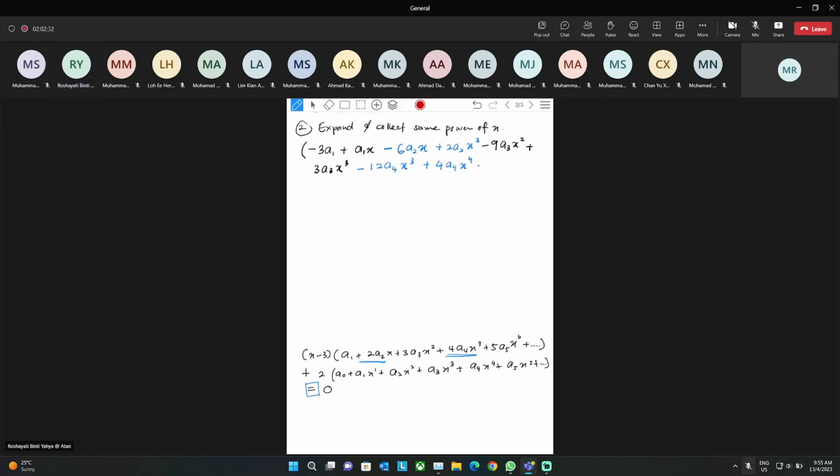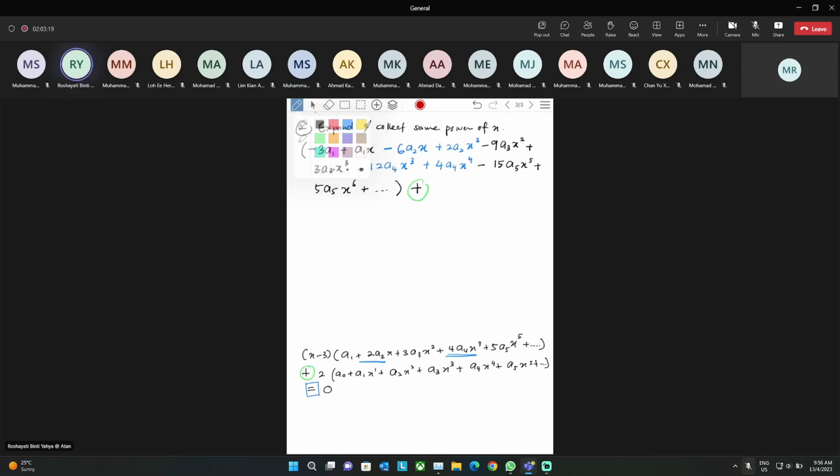So minus 5 A5 with this, so negative 15 A5 x 5, plus 5 A5 x to the power of 6, plus dot, and then plus, so plus here is plus, okay,